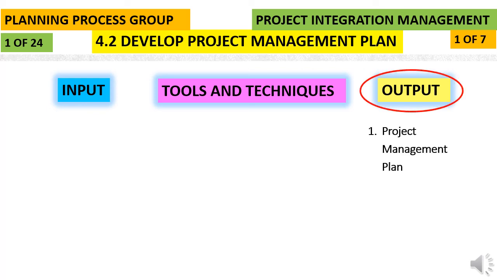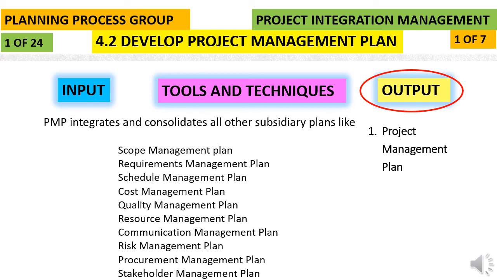The output of this process is the project management plan. Basically what we need to have at the end of the process is this document or artifact which describes how the project will be executed, monitored and controlled, and also closed. And as we said, it should integrate and consolidate all the subsidiary management plans and baselines, and also include necessary other information.